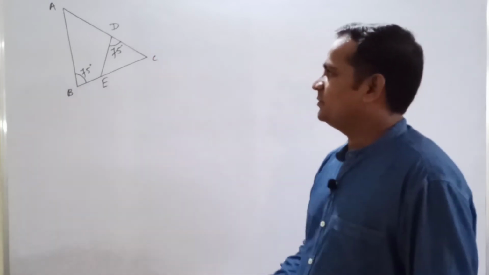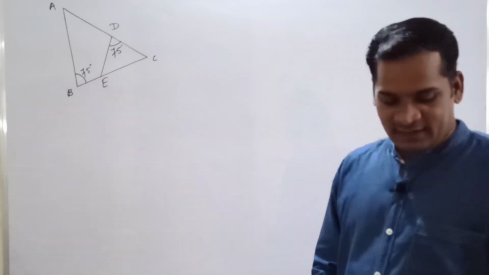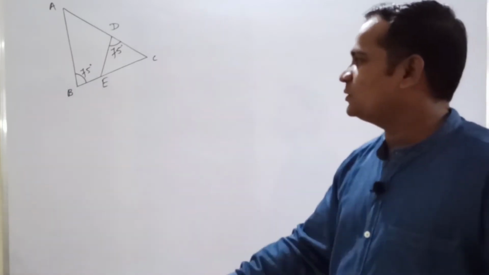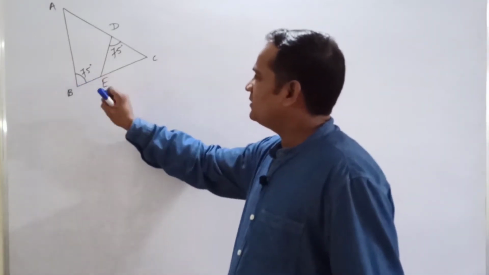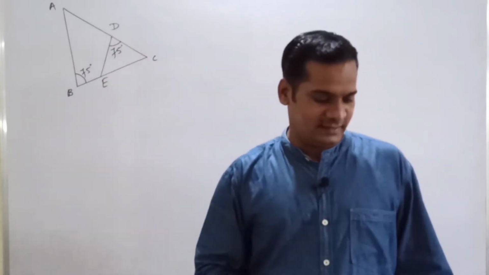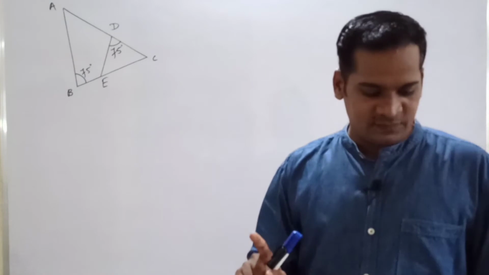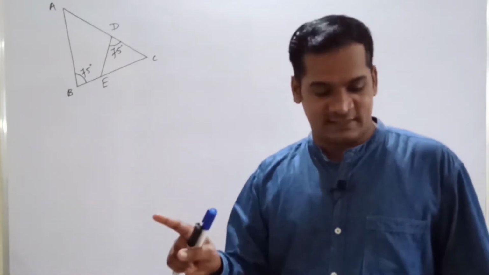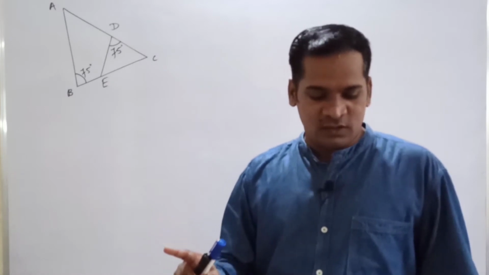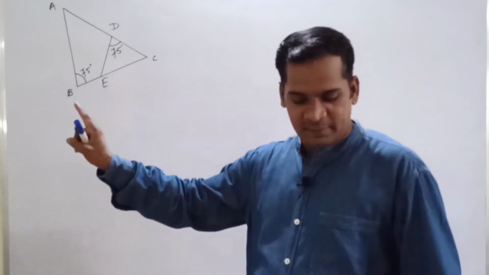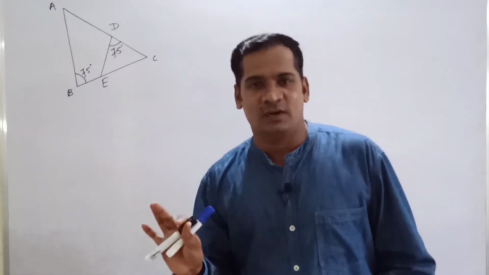Now what is that question? In a triangle ABC, angle ABC is equal to 75 degrees, and angle EDC is equal to 75 degrees. Then the question is to state which two triangles are similar by which test. Also write the similarity of those two triangles by proper one-to-one correspondence.